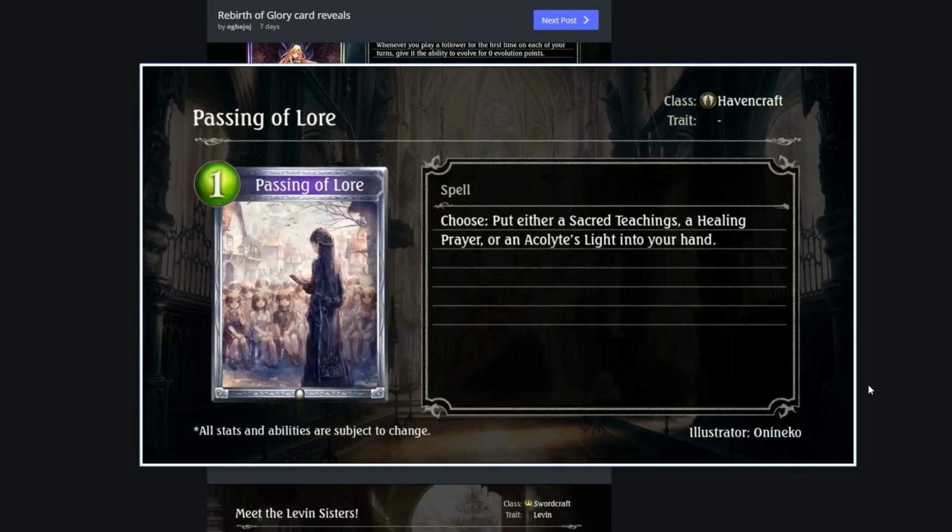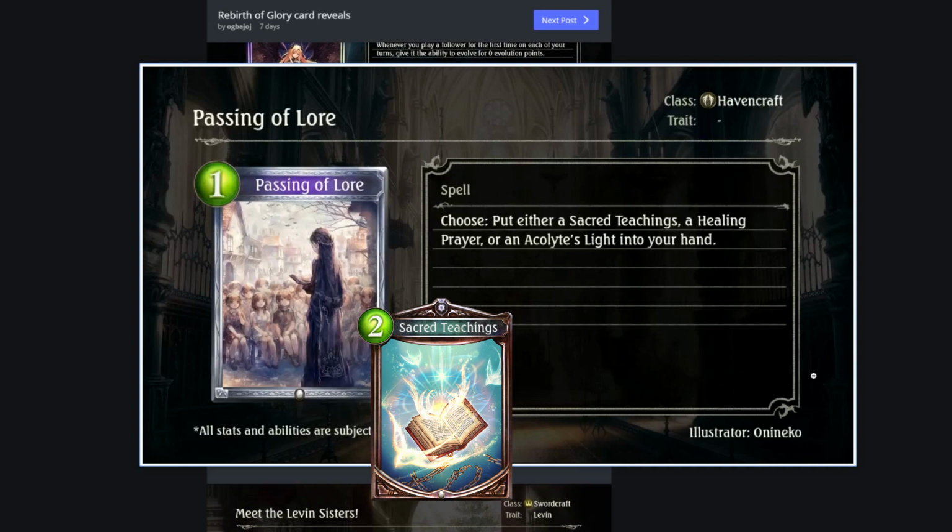Next we have Passing of Lore, Havencraft, 1 mana silver spell. Put either a Sacred Teachings, a Healing Prayer, or an Acolyte's Light into your hand. I forgot what Secret's Teaching does though, I'll put it right here on the screen. But I remember Healing Prayer is the